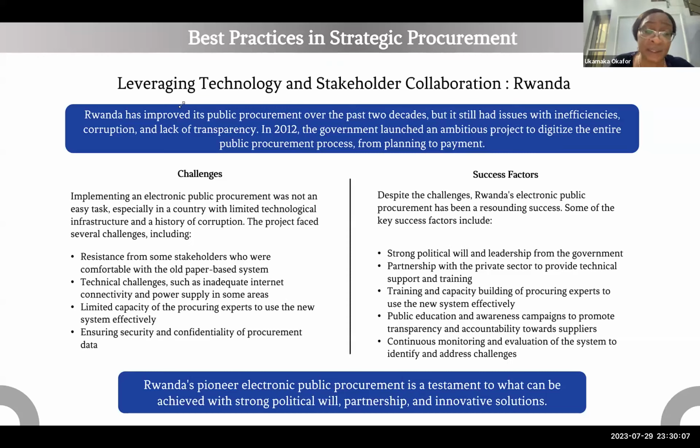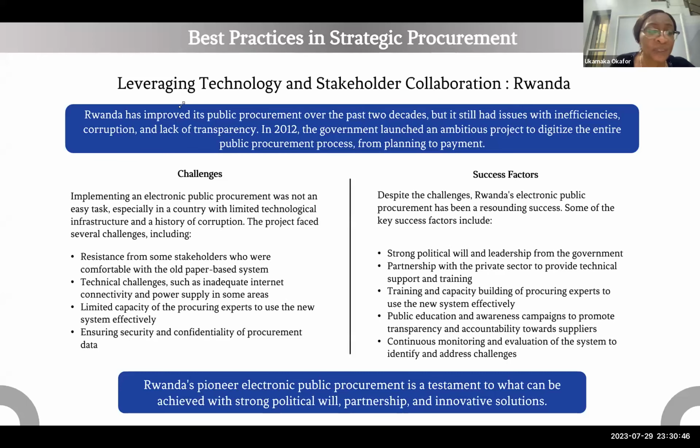So as we are looking at this slide, we need to also reflect on, apart from what we are seeing here as challenges, what other challenges there would be, assuming this is what is being implemented in Nigeria, or assuming Nigeria wants to implement this particular item 6, to leverage technology and do stakeholder collaboration. Apart from these 4 items we have listed as challenges and the 5 success factors, you need to reflect on what other challenges you think we can have in Nigeria and what success factors